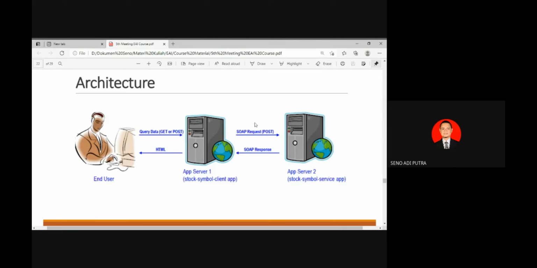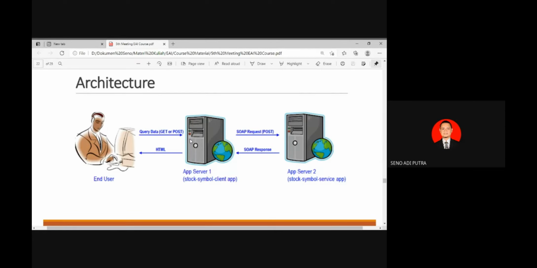Now we create the application here, the presentation tier. It includes the MVC pattern: model, view, controller. The controller is represented by a servlet. The view is represented by a JSP page, Java Server Page.